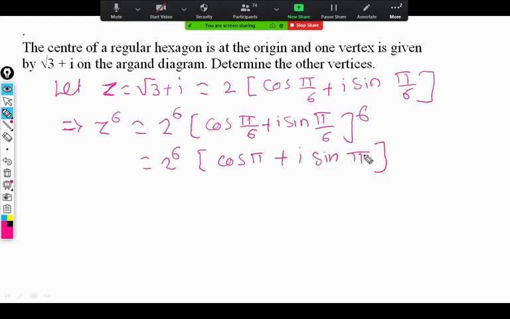Sir, it will give z only, right? Actually, it is z to the power 1 by 6 and we are taking the 6th power. Correct. Or if you denote it that way, you can write that. So if you start with z raised to 1 by 6 as this one, and then z equal to... Okay, so the choice is yours. You can proceed with any notation. However you started, that is what you will get at the end.